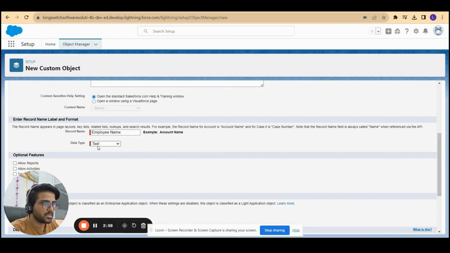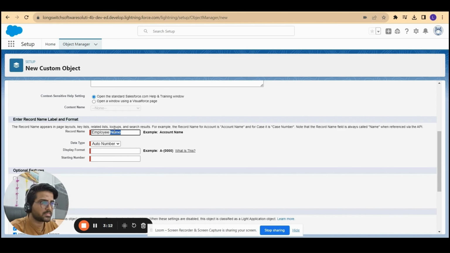Let's keep it like this, and then the data type. Either you can keep it as auto number or text. For our purposes, we'll just keep it as text, or maybe we can keep it as auto number, and I'll rename the label as employee sequence number. Since this is an auto number, we have to specify a format. Since we will be building it for our personal use, the prefix would be ls, that stands for the long switch. And the six-digit starting number would be